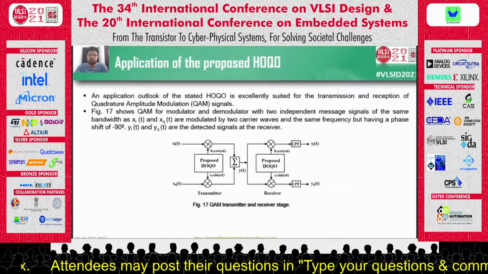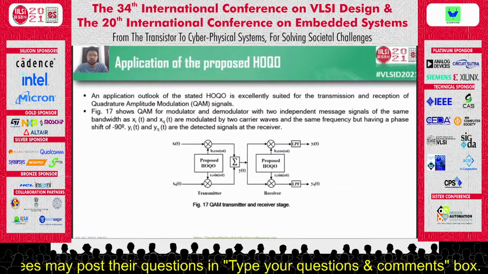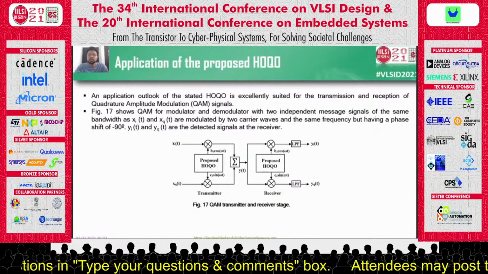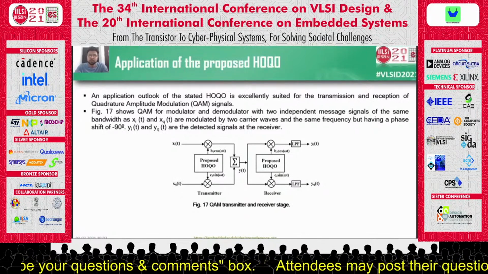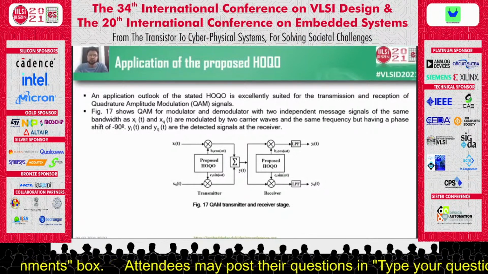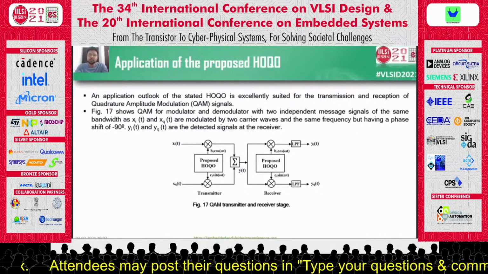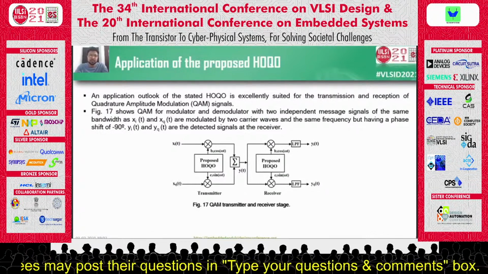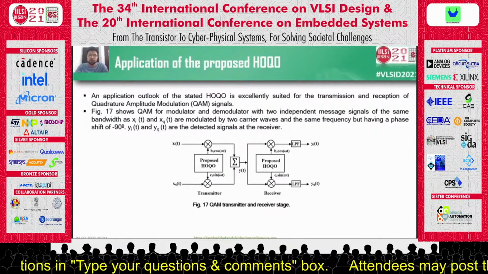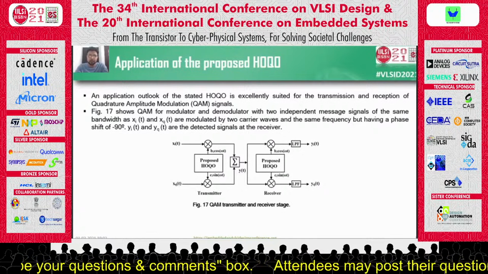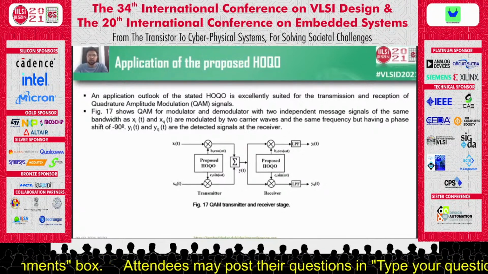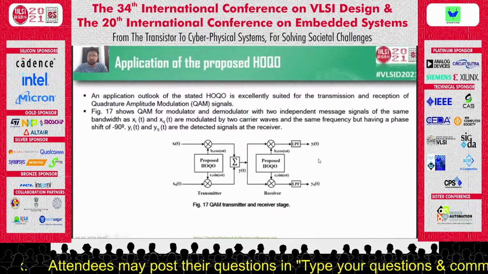Now, the application of the proposed hybrid quadrature oscillator configuration. An application outlook of the stated configuration is studied for the transmission and reception of quadrature amplitude modulation signals. Figure 17 shows the quadrature amplitude modulator and demodulator with two independent message signals, such as XI(t) and XQ(t), which are modulated by two carrier waves with the same frequency but having a phase shift of 90 degrees. Here the proposed quadrature oscillator has been utilized,